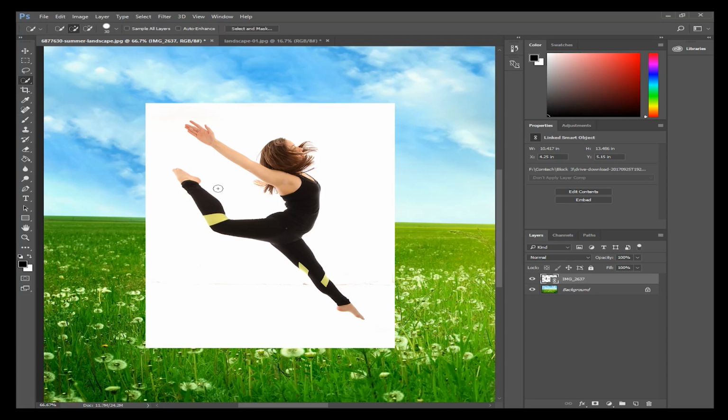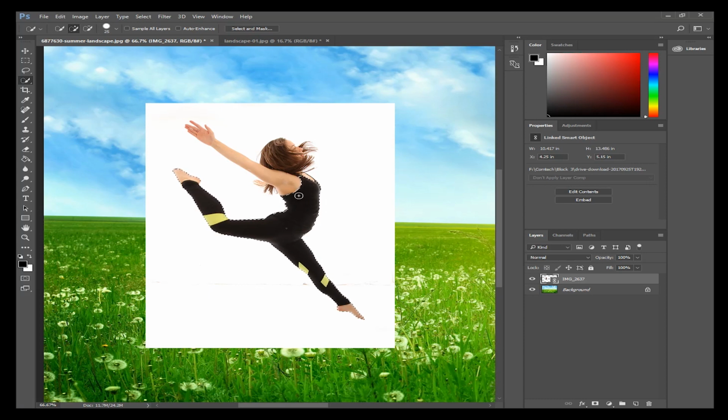And simply make sure that you have a reasonably good sized brush, but not super huge, right? You don't want it to be bigger than the size of her leg. And if I select here, the quick selection tool will see that this is all generally the same color. It's all black, and it will select that for me. And then I just go up to her toe. It selects her whole foot, the yellow on her pants, and then subsequently I just keep moving around the image,